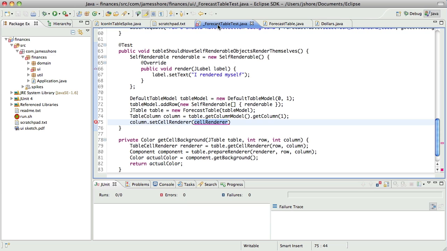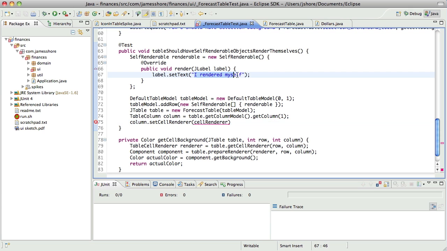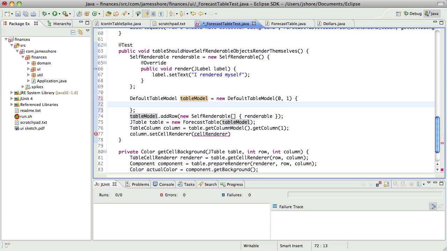So I was trying to write some code that would basically create some self-renderable object in a way that the actual production system is going to all hook together, and then see that forecast table was showing this "I rendered myself" in the label. I don't think that's quite what I want to do. Or I think that is what I want to do, but I don't think the way I'm doing it here is appropriate. What I need to do is I actually do need to say for this default table model, I need to override